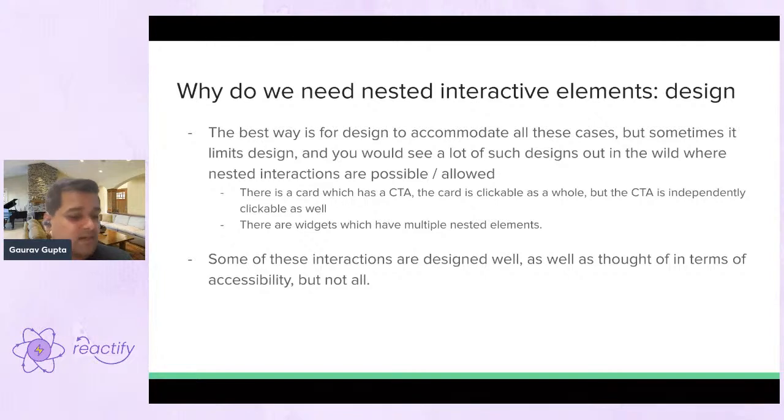Obviously, they can create some simpler interactions, but they should also not be limited by the fact that the technology they are using limits the designs in a certain way, right? The designers should not think about designs in a way that it is going to be written in HTML, so it has to behave a certain way, or if it is going to be written in React Native or something, then it has to behave a certain way. They should be able to create designs which are independent of the technology that